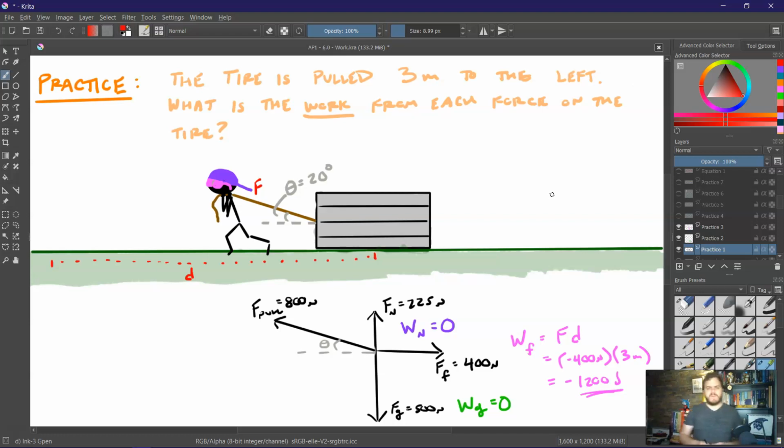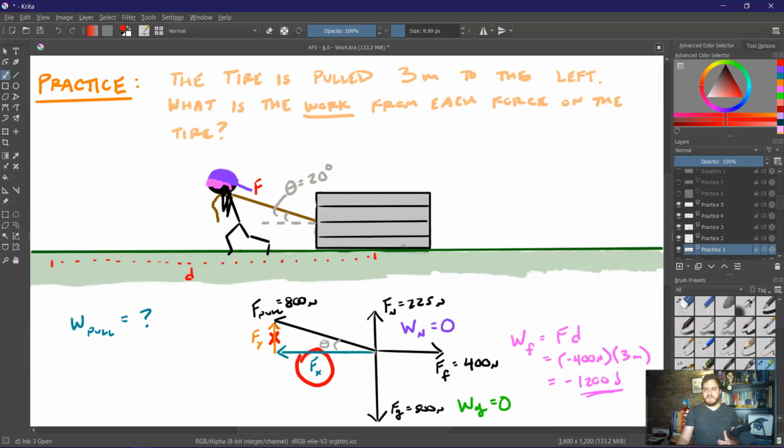Well, let's talk about the pole force, though. If we look at the pole force, what exactly are we going to have to do here? There are actually two pieces to the pole force: the x component, or the horizontal component, and the y component, the vertical component. But which of these is actually contributing to the motion of the tire? We actually just want to focus on Fx, the horizontal component, because that's the direction the tire is moving. It's moving horizontally. The y component is really just helping to balance out gravity.